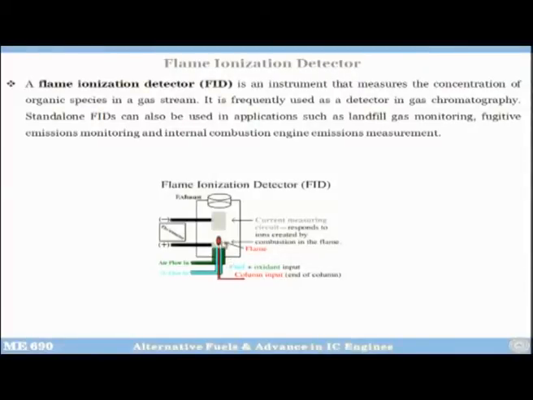And you apply a very high voltage. So, those ions will start separating, this is the anode, this is the cathode. These ions will separate, and there will be some kind of a flow of current between these two high voltage electrodes. You measure that current, and then you can correlate it with what kind of HC is present in the exhaust. That is the simple method. I will come to the details of it, and then you allow the exhaust to go out. Okay. So, this is the basic principle of the FID measurement technique.